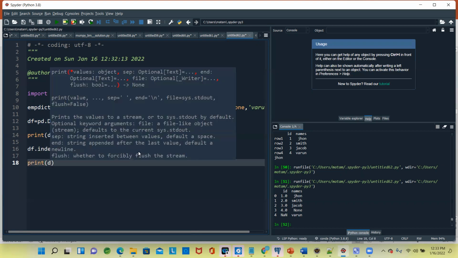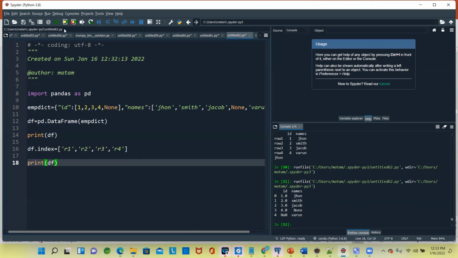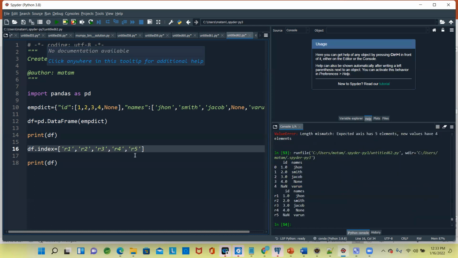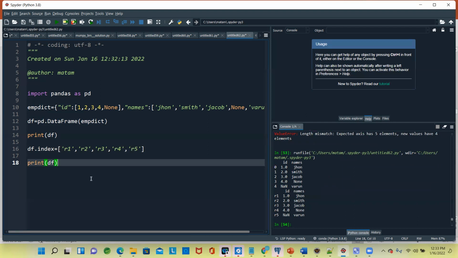Now we will print this. In order to access the value, the length mismatches. So what was the length? Oh, 5 it is, right? Sorry. So that's why we need to specify R5. Yeah. So we got an R5. So from here, we want to access it.